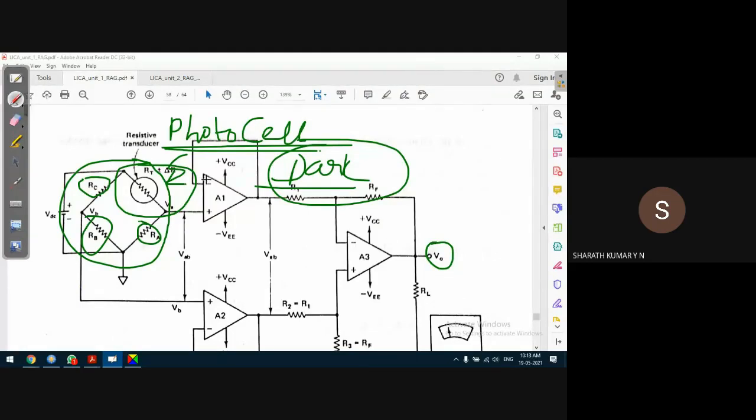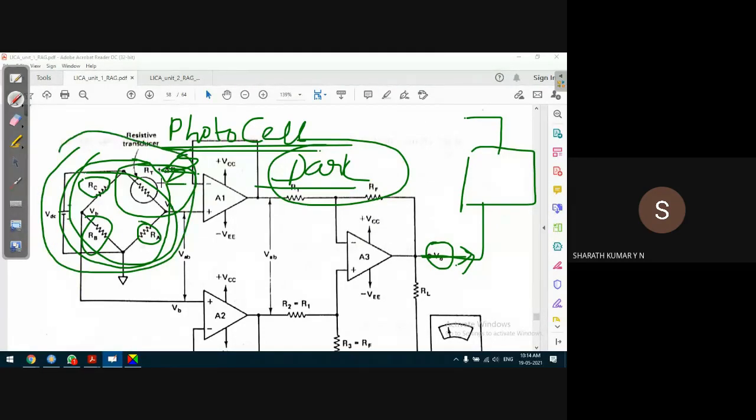Now what happens is, let us say light falls on the photocell. The bridge is unbalanced. It generates a voltage. When it generates a voltage, this voltage can be connected to another device to control the operation of that particular device. So if light falls on it, it has to do some operation, it has to control some motor or something like that. For such applications, for detection of light, we can go for a photocell instead of a normal transducer. The photocell is a detector anyway. It's a sensor, by the way.